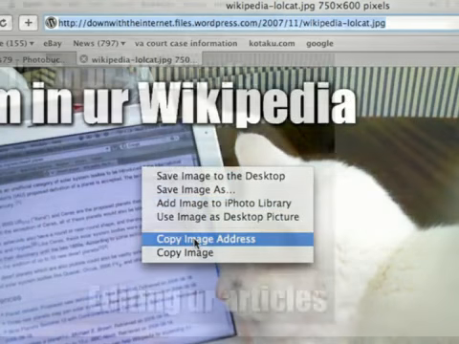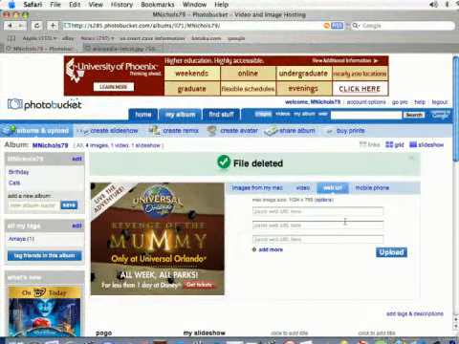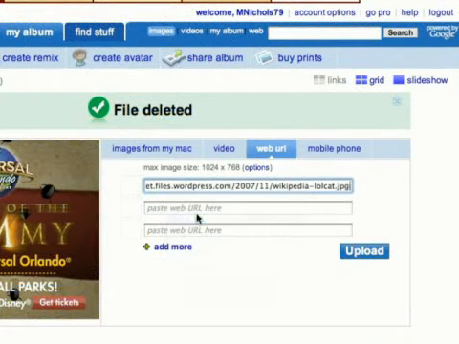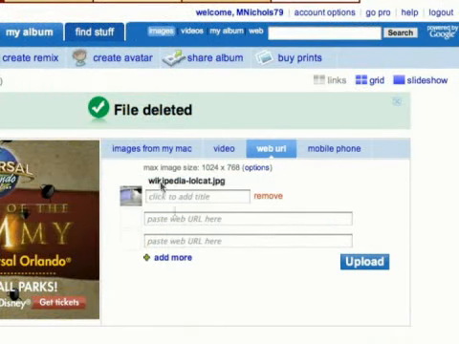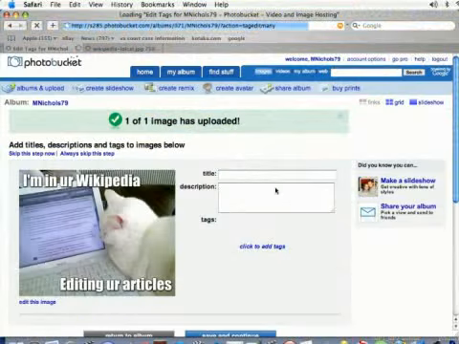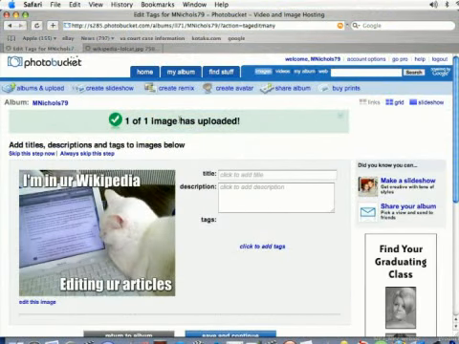And when I come back over to Photobucket, I'm going to come in here, right click again and select paste, and it's going to put that picture right here. It's going to give me a little thumbnail here. You can click and add a title here as well, but I'm not going to worry about that, and I'm going to click upload, and it's going to upload that photo that I found somewhere on the web to my